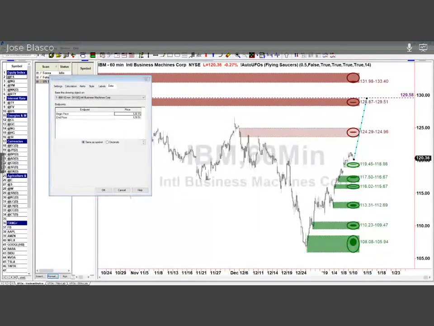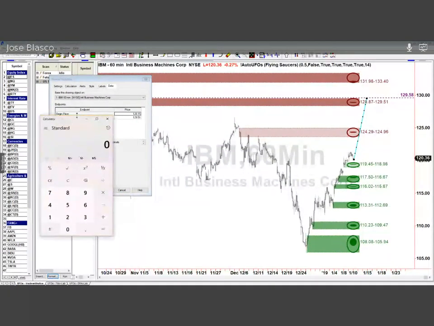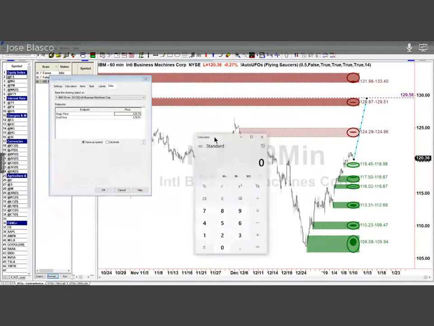We're talking about almost $9.50. I'm giving myself $9.50 of room to the upside. Let me be more precise: $9.36 to be precise. So if I project $9.36 to the downside, which is 120.41, as you can see on the right,